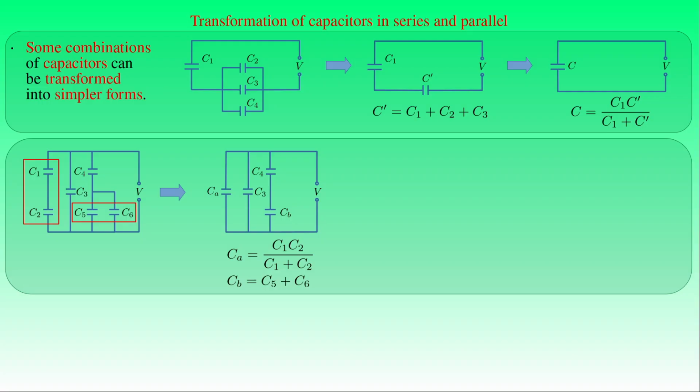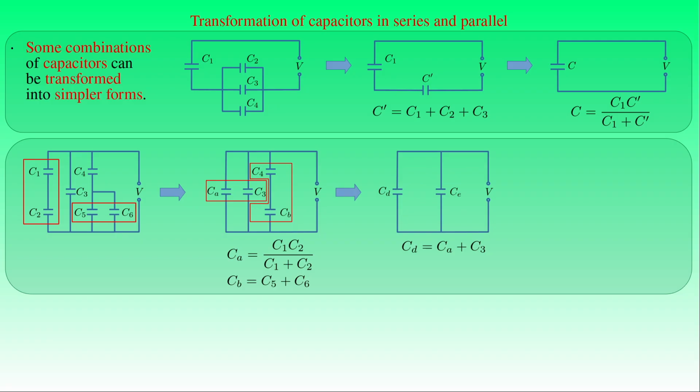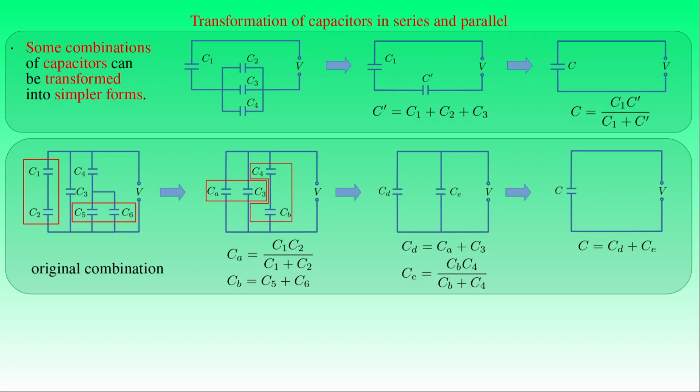In the second step, we apply the equivalence transformation for the capacitors of capacitances CA and C3 connected in parallel, and the capacitors of capacitances C4 and CB connected in series by replacing them with the equivalent capacitor of capacitance CD given by CA plus C3, and the equivalent capacitor of capacitance CE given by CB times C4 over the sum of CB and C4. Now we have the capacitors of capacitances CD and CE connected in parallel, and we can reduce their combination into the capacitor of capacitance C given by the sum of CD and CE. As a result, we can replace the original combination of 6 capacitors with a single equivalent capacitor of the total capacitance C